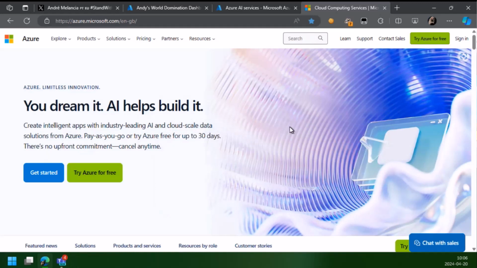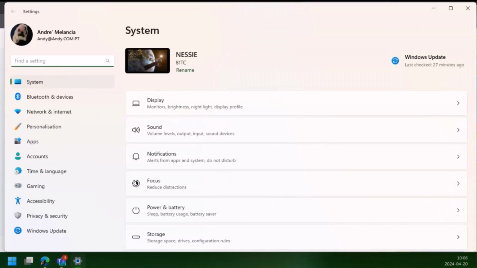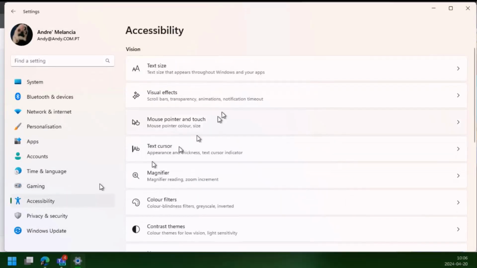Besides this, there are a few other shortcuts. So if you go, let me just move this out for accessibility here. So if you go for accessibility, you can actually say text size, make it bigger, of course, visual effects, etc. So one of the things that I do is I've used this for presentations, but this is something that exists for years, which is you click on Control. You don't see it anywhere in Windows 11 anymore,